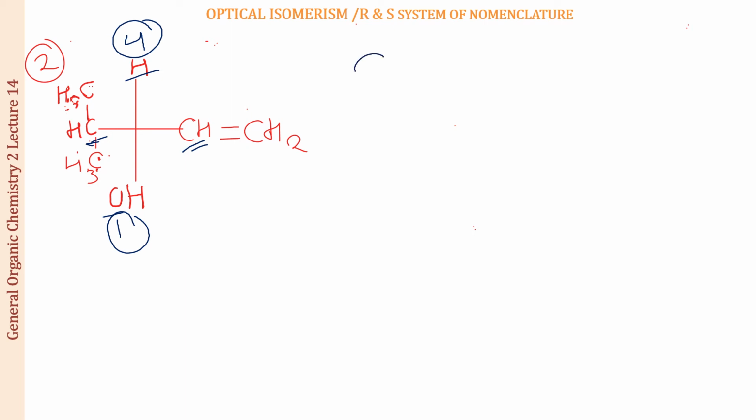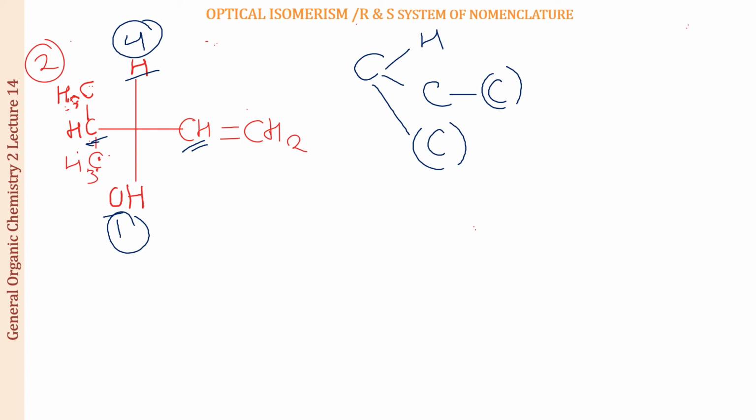Now when we look at the next set of atoms, you can write that CH2 group as a C, and this will be the phantom carbon. Okay, now with this carbon which we have drawn, this was the double bond. Fine, so this was the double bond. So this carbon also has to have its own phantom carbon. In the last one I did not write that because my work was done at the second set of atoms only. Here you are going to find that my work is not going to be done at the second set of atoms. All right, so this is first of all what I have written.